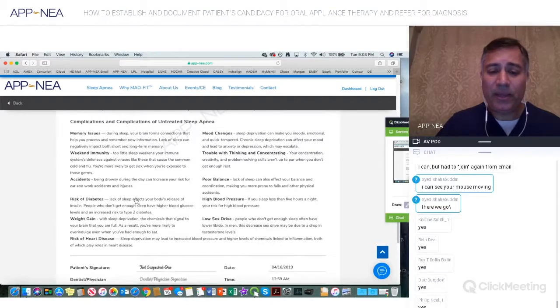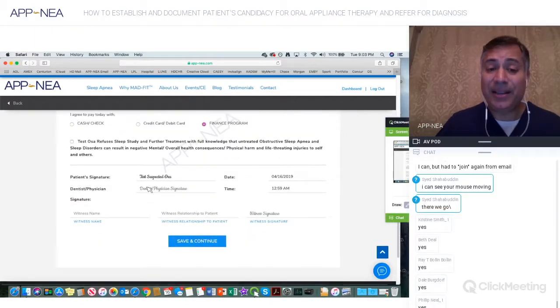But if they want to move forward with it, they still have to sign the form. You have to sign it. The witness has to sign it. And when you save and continue this,